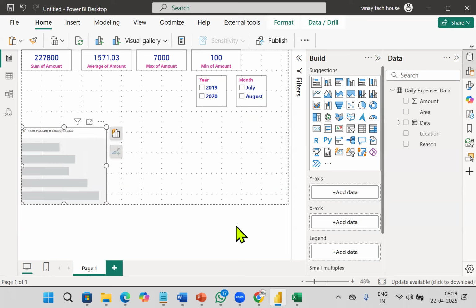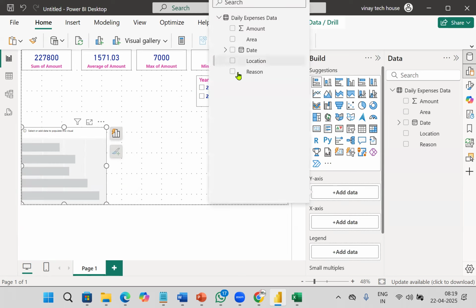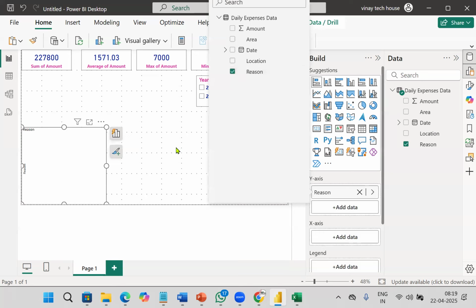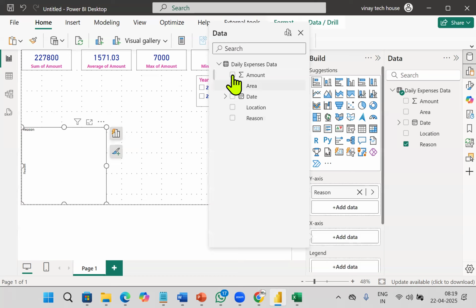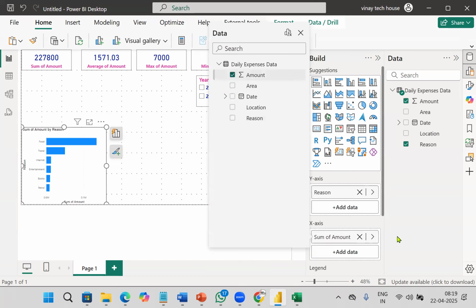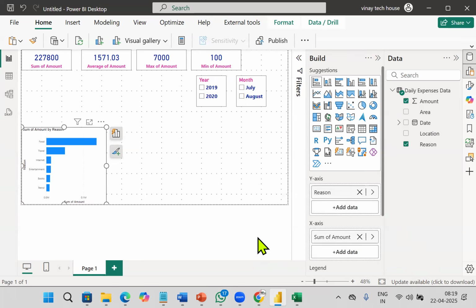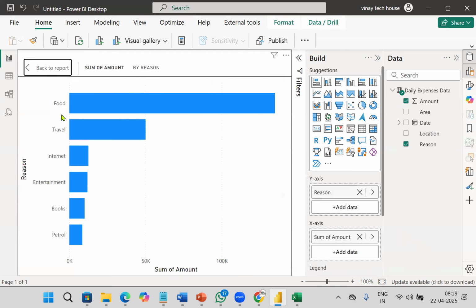Y-axis. What do you want to take? Click on this. Reason, X-axis. What do you want to take? Value amount, reason amount. So if you go to focus view, you can see food, travel, internet, entertainment, books, petrol,